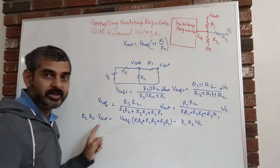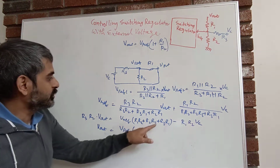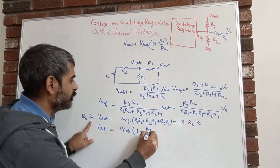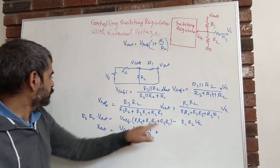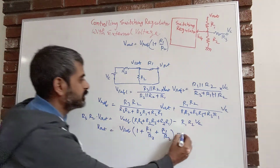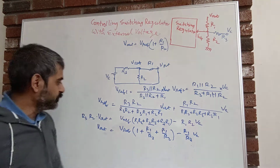Now we can divide this whole thing by R3 R2, so we get V out is equal to Vref multiplied by R3 R2, R2 R3 gets cancelled, so this thing becomes 1, and this R1 R2 divided by R3 R2 becomes R1 by R3, and then this one, R3 goes away, becomes R1 divided by R2, and minus, R2 goes away, this is R1 divided by R3 into V control voltage. And right now we'll see how nicely this equation comes in, and then we'll discuss the